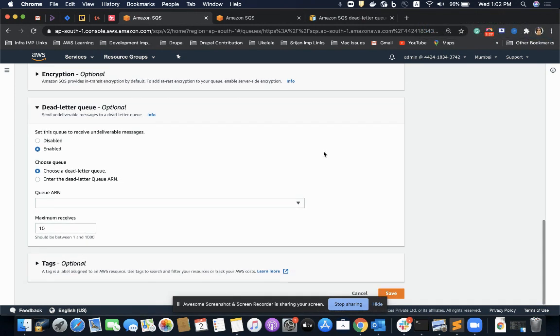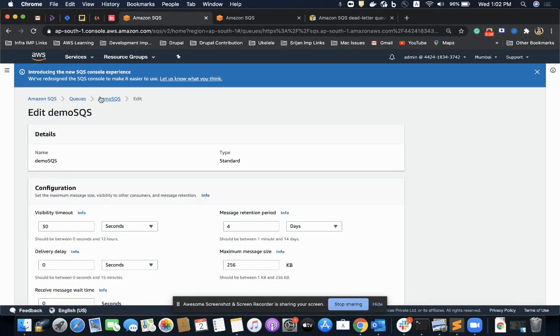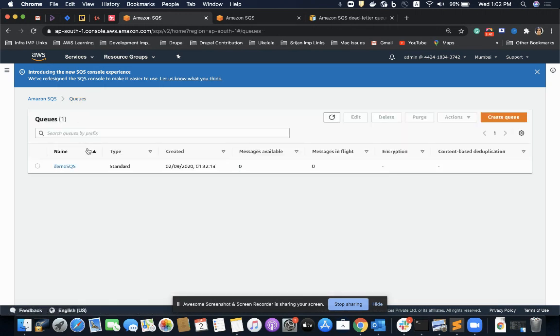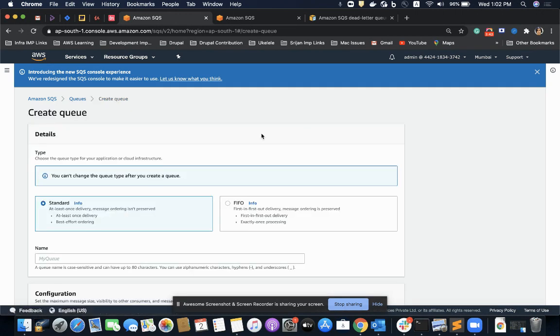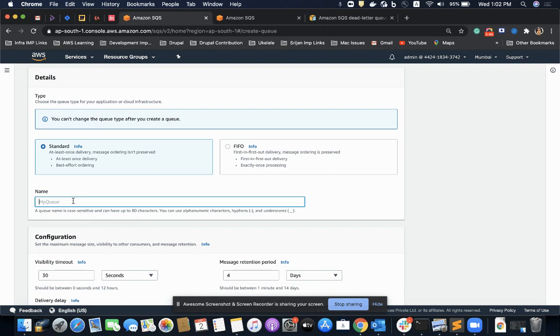So let me go and create another queue which I would be using for dead letter queue. One more thing is we are exploring the standard queue for now, for these tutorials, and in the last video we will be exploring this section. For creating a dead letter queue for a standard type of SQS queue, we must create the queue of standard type only.